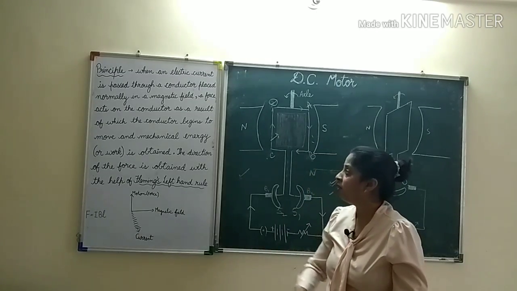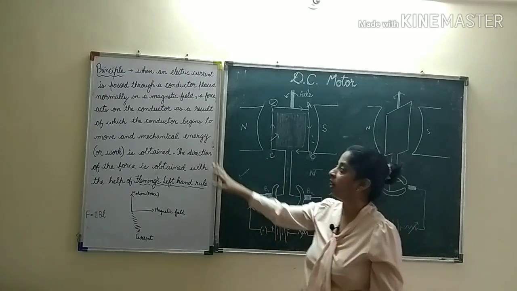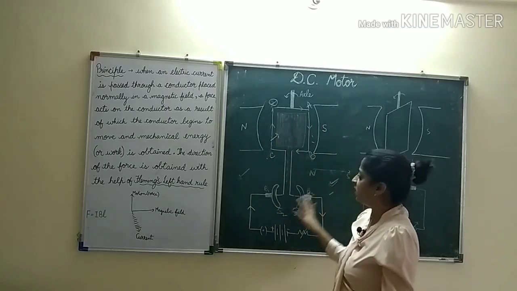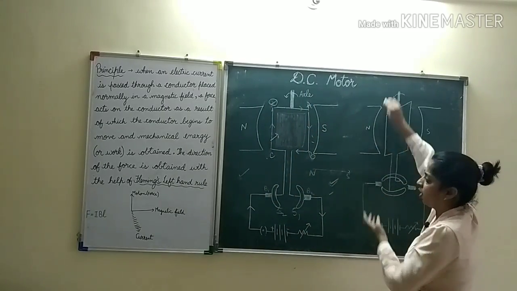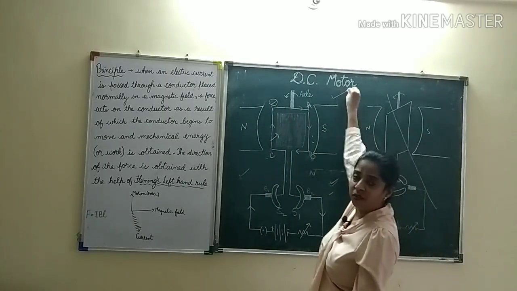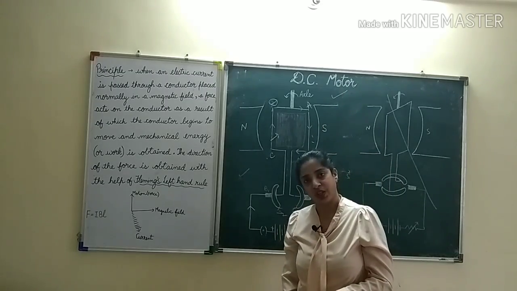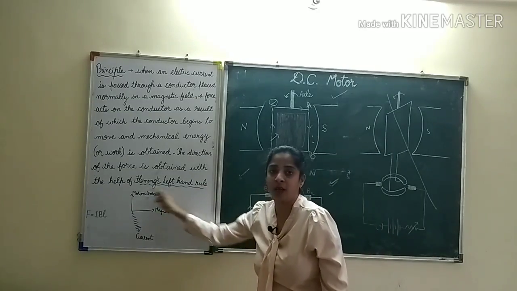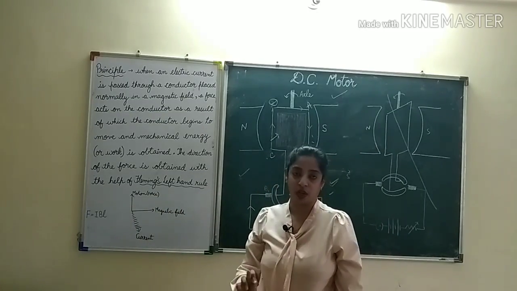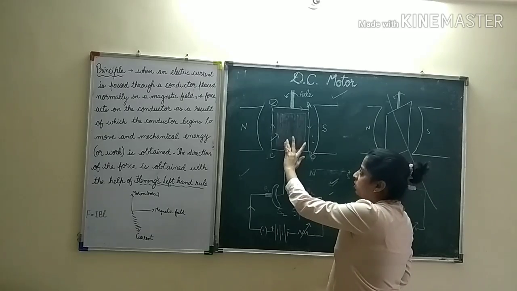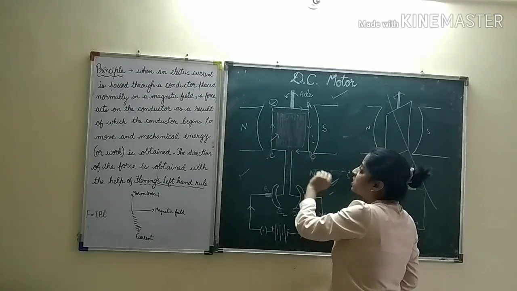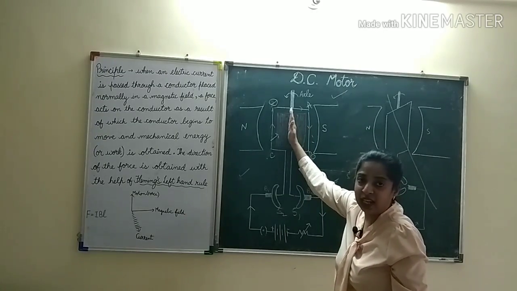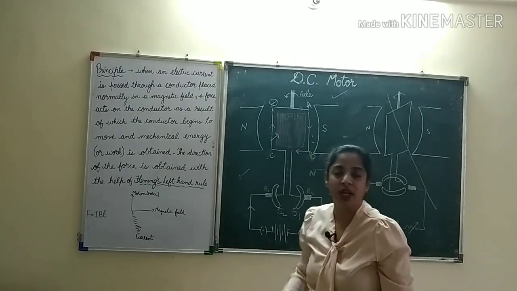Also, whenever you are asked this question, please do not forget to write the principle even if it is asked or not asked. And you need to draw only this one diagram, no need to draw any other diagram. Okay, only one diagram is enough for working also and for construction too. Right? And always show Fleming's left hand rule by this diagram even if it is asked or not asked. One more thing, the turning couple is maximum when it is at 180 degrees and it is minimum when it is vertical, when it is at 90 and 270. So it is maximum at 180 and 0.